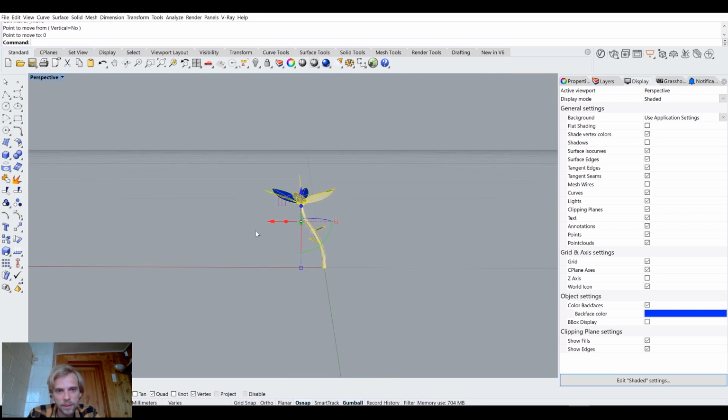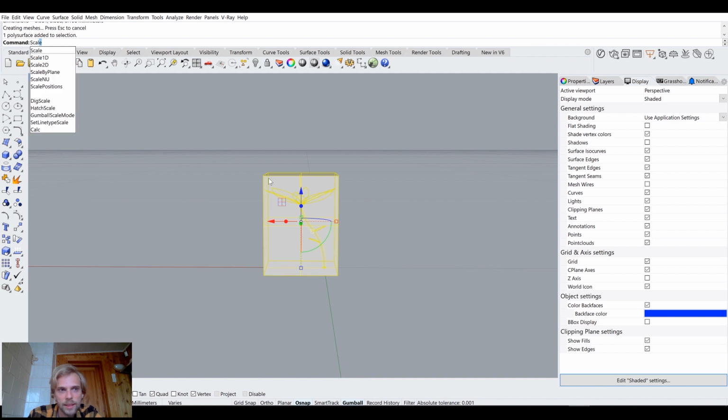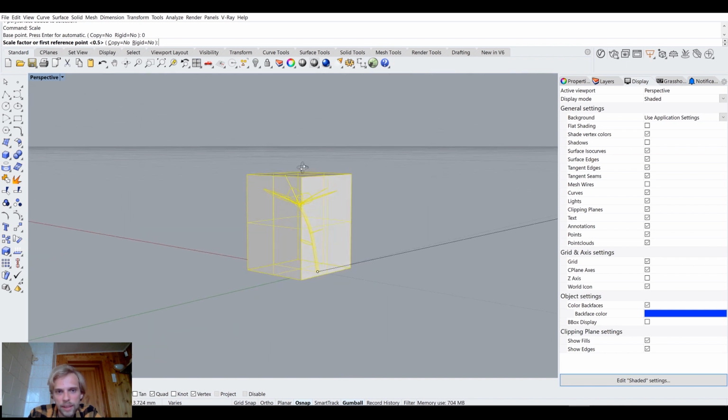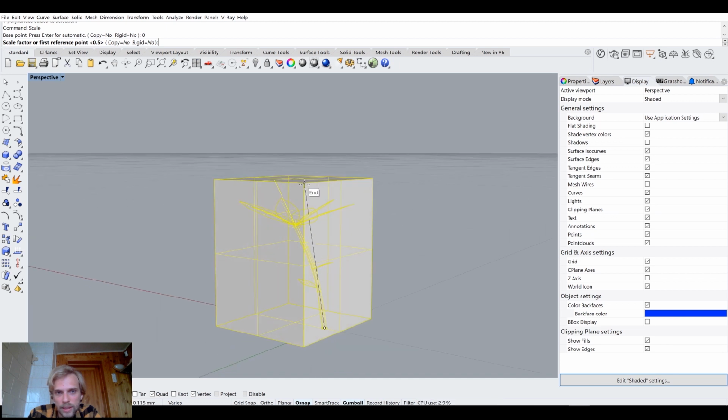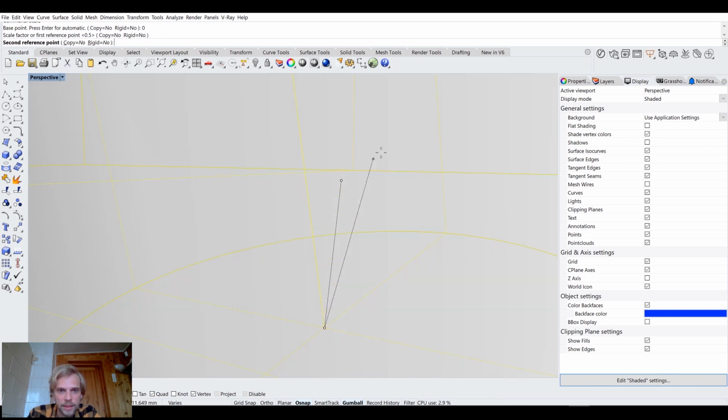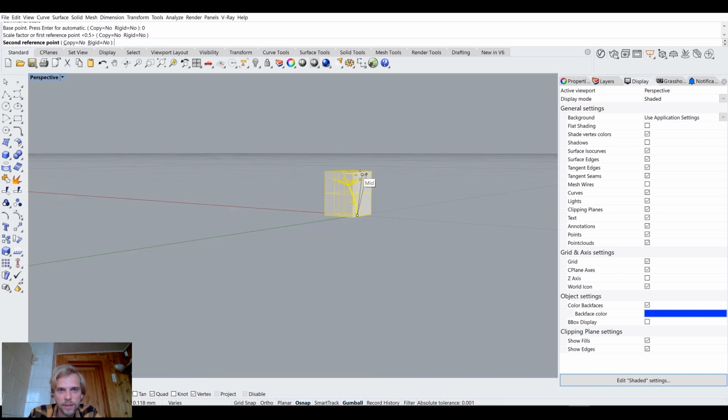And now let's say that the flower size, so if I do a bounding box, I scale it from point 0, I want to say that from this point to, let's say, this point right here, I want the flower to be like